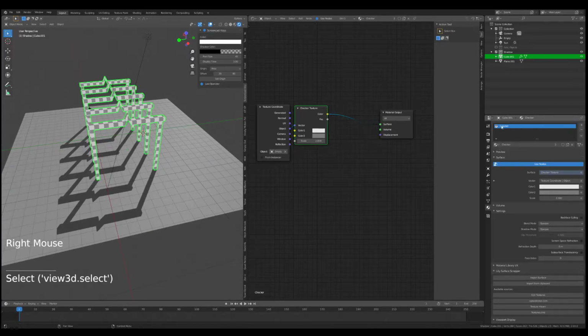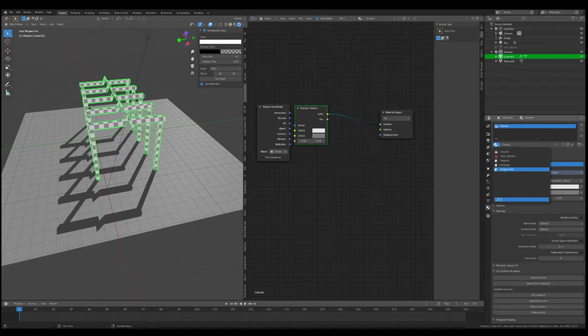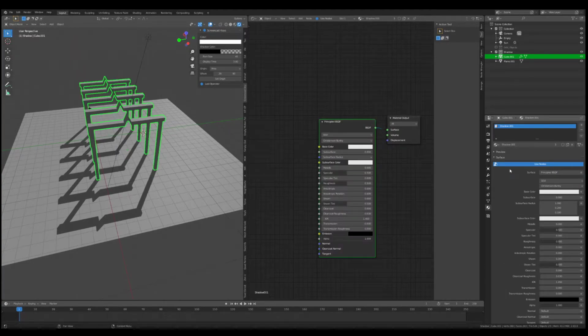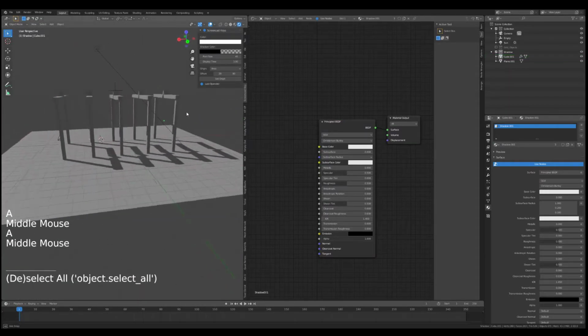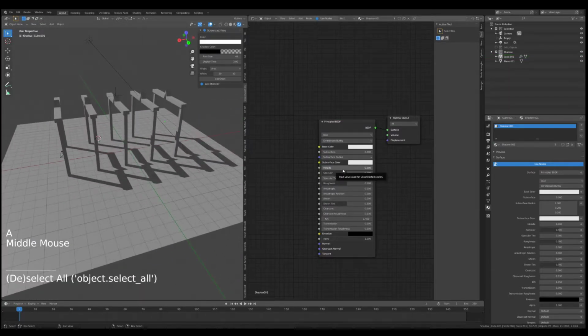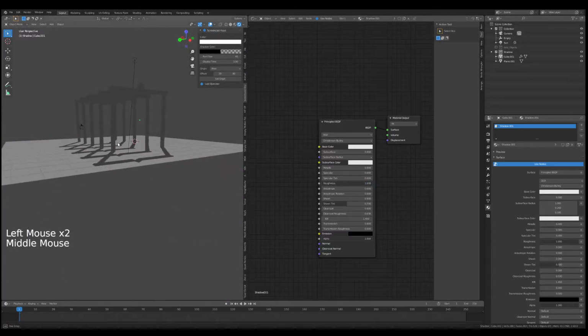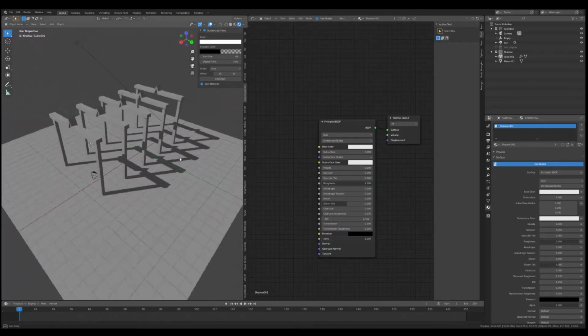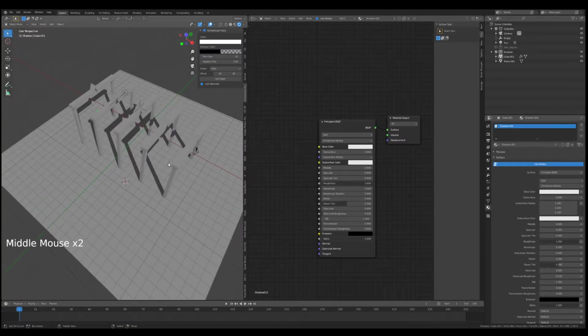We can remove this, or we can simply replace this. So right now it's referencing checker. Click this and we can navigate towards shadow. I made another one previously for test purposes, but I'll click on shadow. Now everything is sharing the shadow material. Try to remove specularity, increase roughness. But now you can see it's